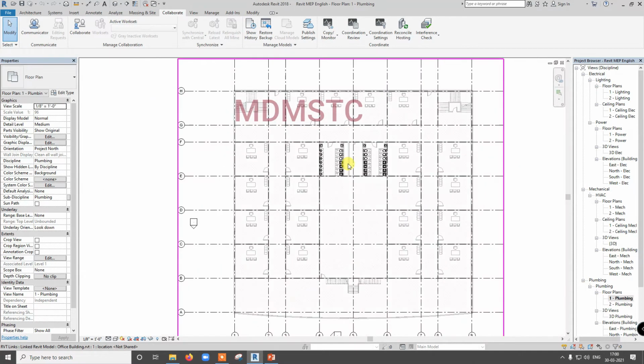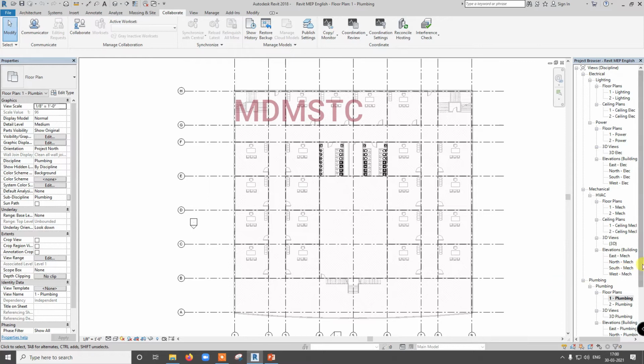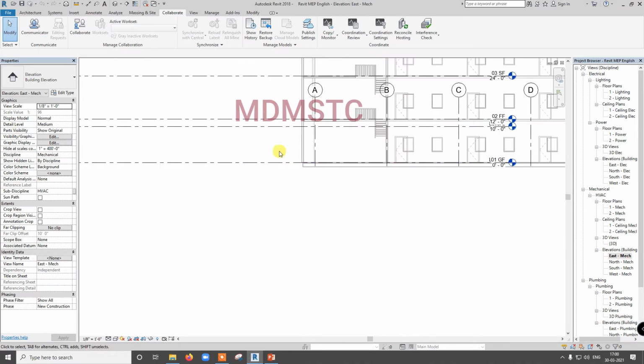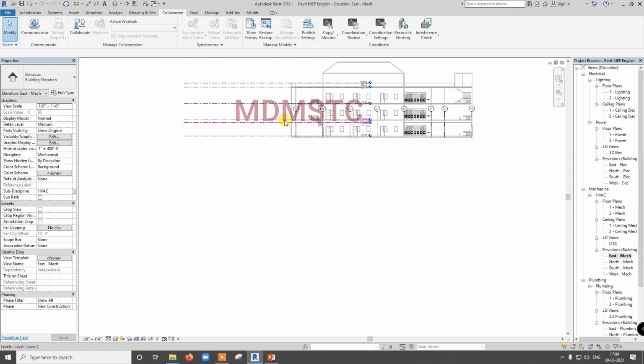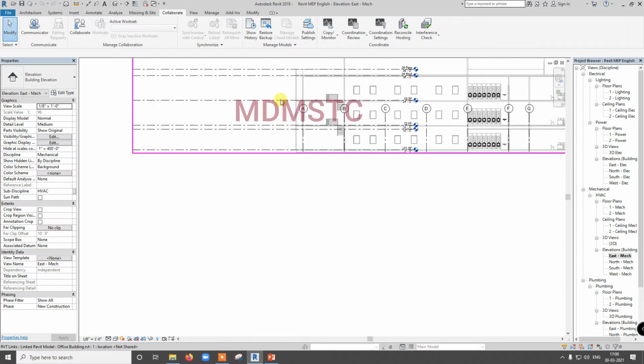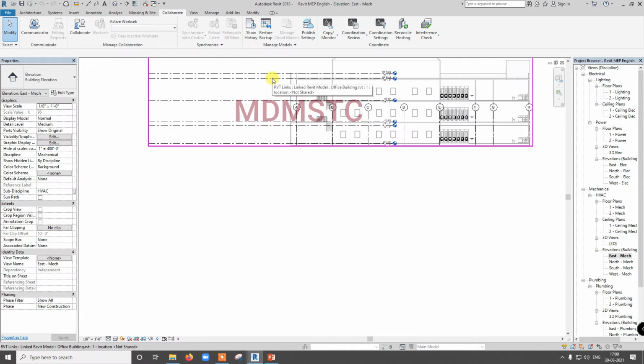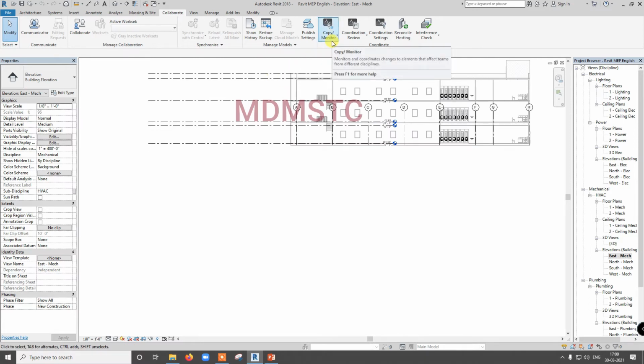Whatever you already have in your Revit file is your file. In my Revit file, I have only two levels, level 1 and level 2. These other things are from the linked file only. If I try to select them, I cannot, because they are not in my file. For that purpose, we need to do copy.